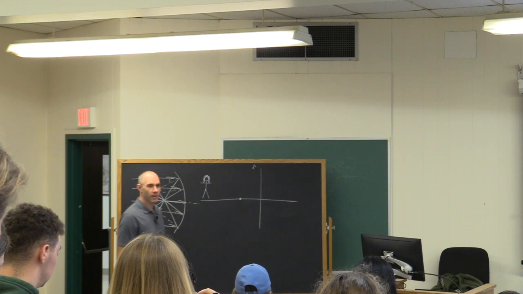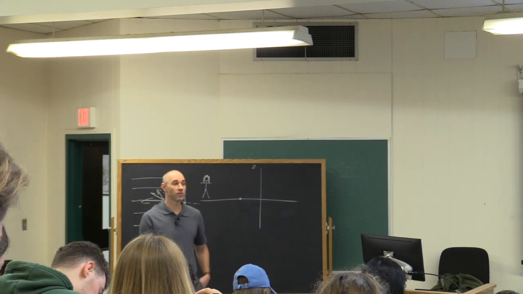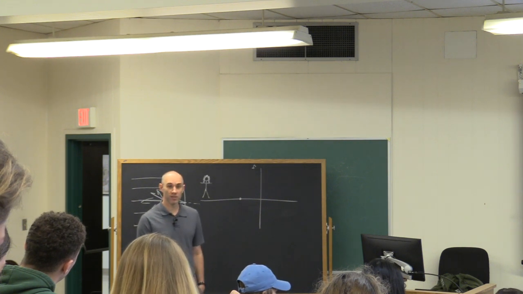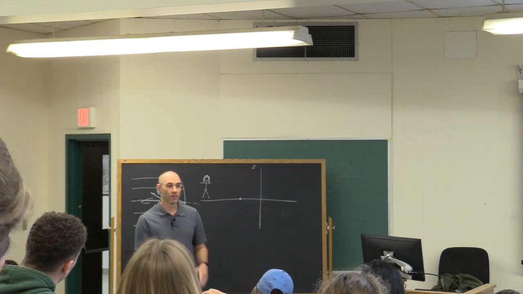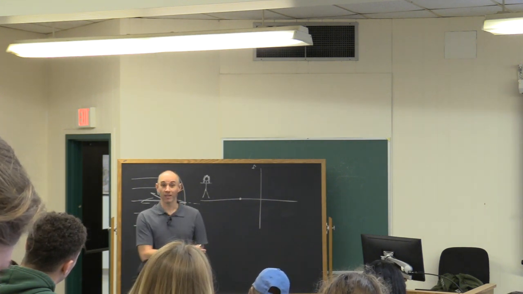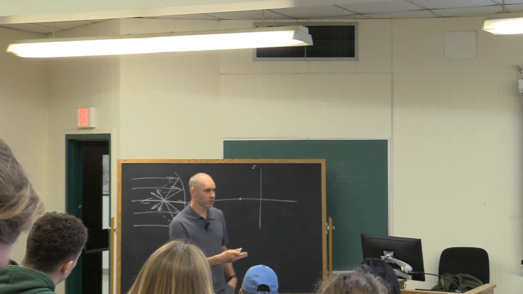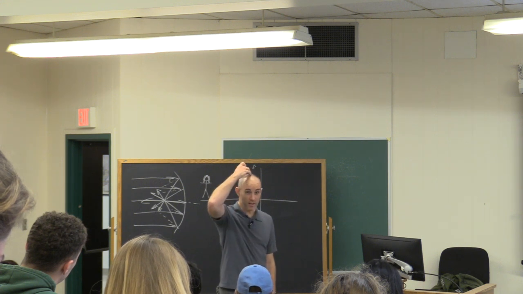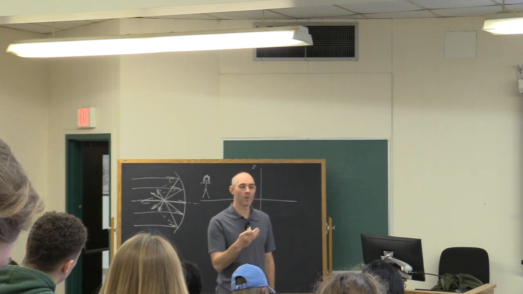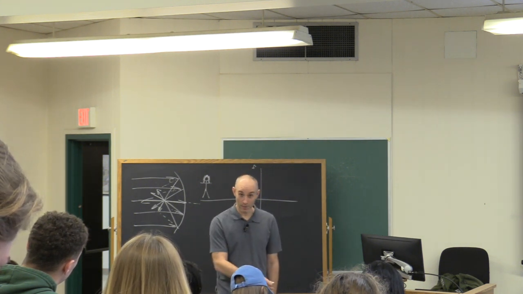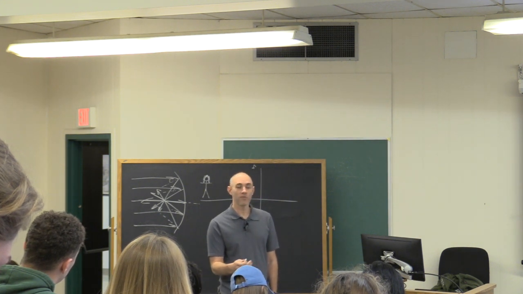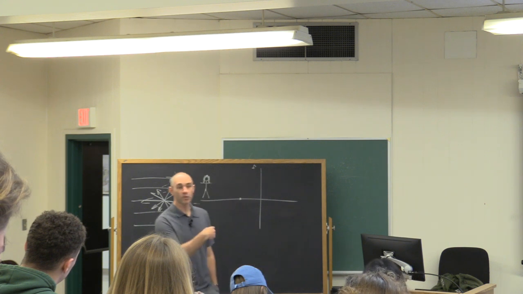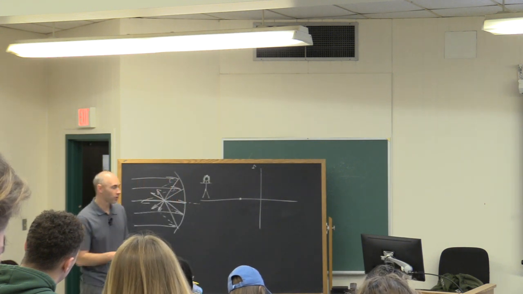I picked the top of her head as a reference point because I could do this from any point on the object, and it's going to produce an image wherever those light rays meet from that point on the other side. So if I use left hand, I would just create an image of the left hand. But if I use the top of her head, because the relative position of the rest of the points on her body are the same, that's a good reference point because everything else will be similarly positioned. I didn't say that very well, but I'll show you what I mean.